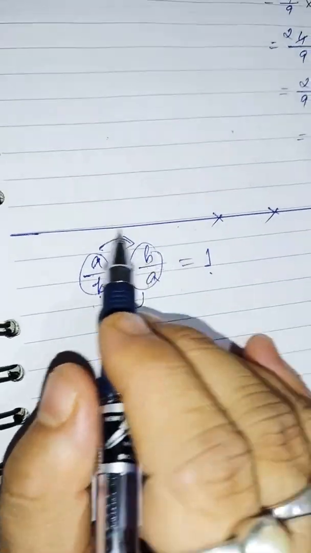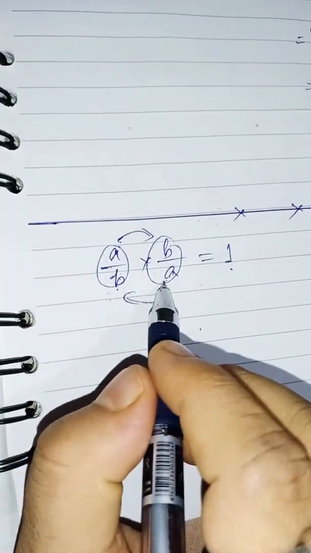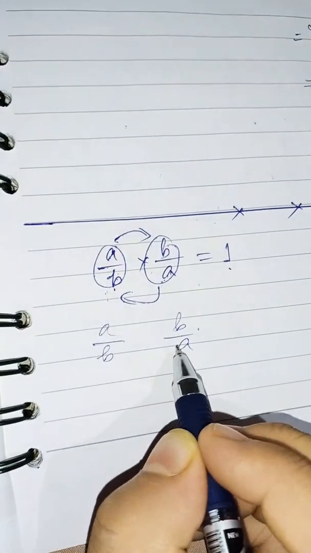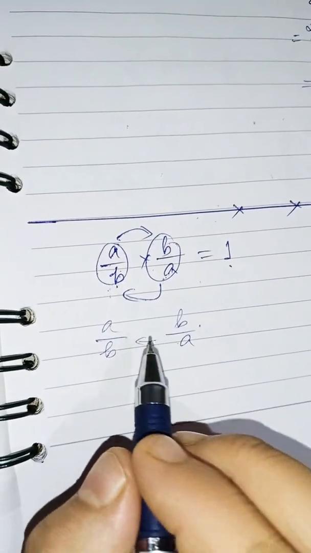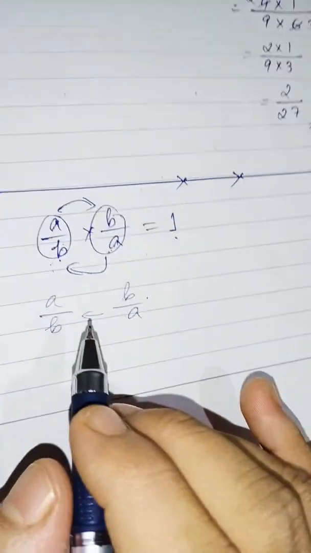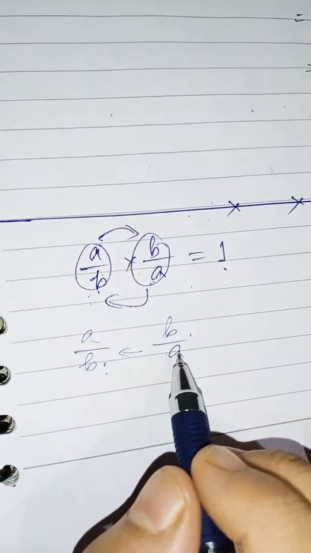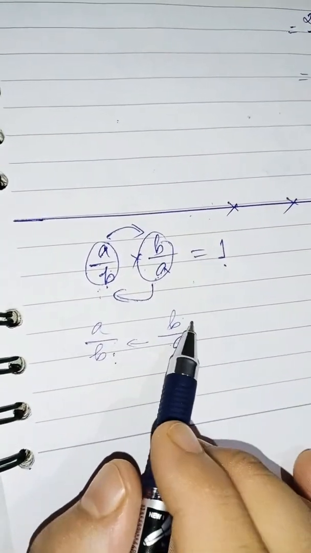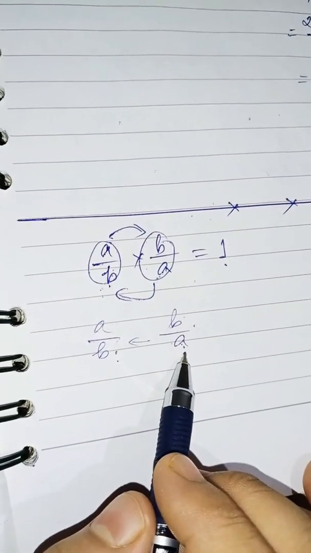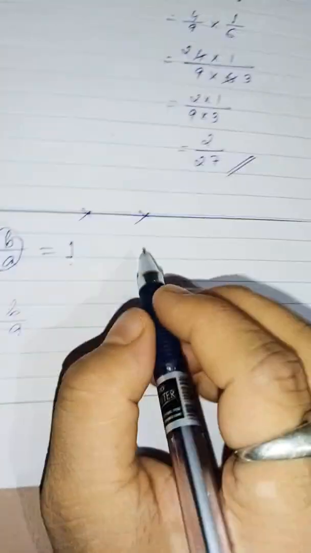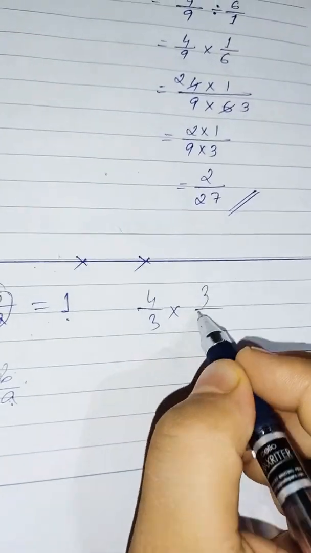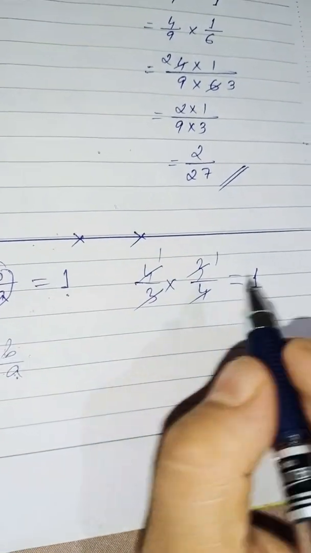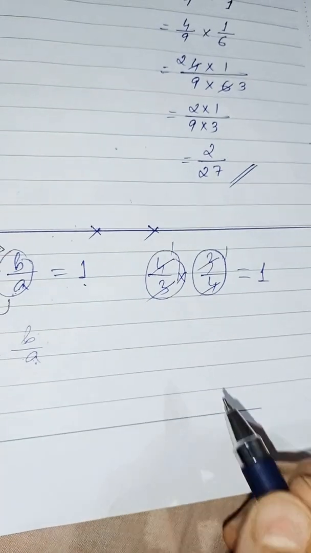We need not do so much; just as you see here, when I say that b by a is the reciprocal of this, you can easily see what the difference between them is. Only the numerator and denominator have been exchanged. That is what reciprocal means. If two fractions have the same numbers but in a different order, then their product becomes equal to 1. Say for example 4 by 3 and 3 by 4, the answer is 1. Such numbers are known as reciprocals of each other.